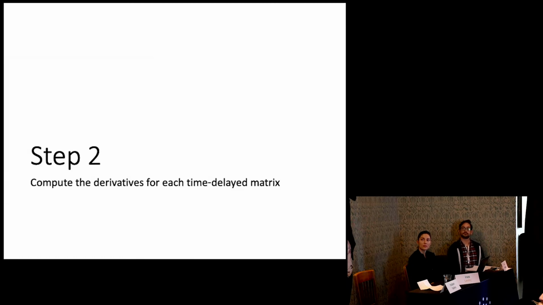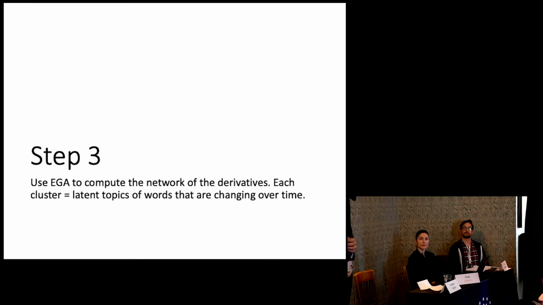The second step is we use a technique called generalized local linear approximation to calculate the derivatives for this collection of matrices, which will give us information about how things are changing over time. And then we can column bind all these derivatives and have data that's no longer the observed counts of words, but the derivatives of the words per observation. So what we're doing is combining text mining with the dynamics of changing words over time.